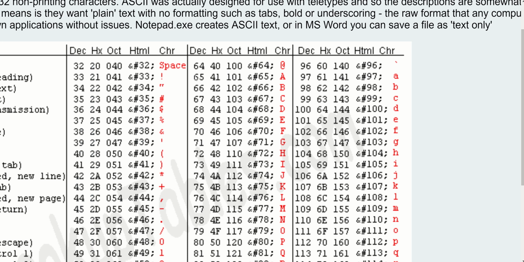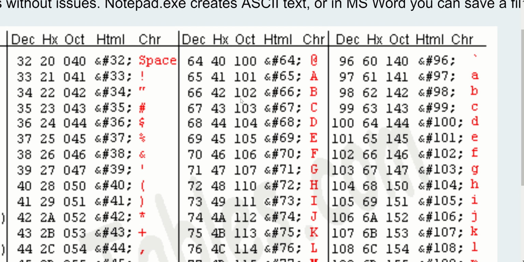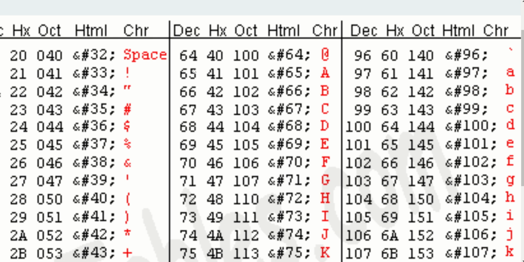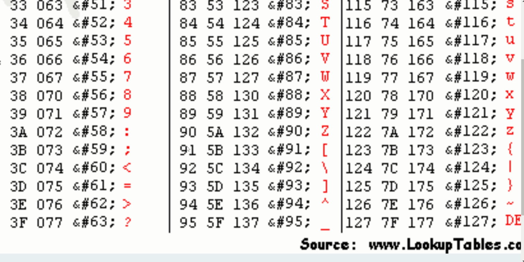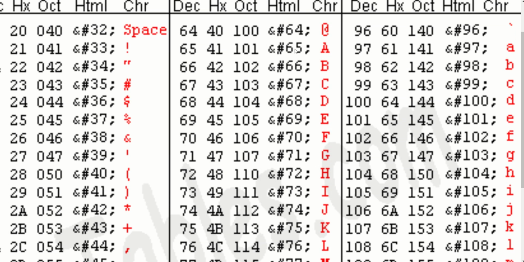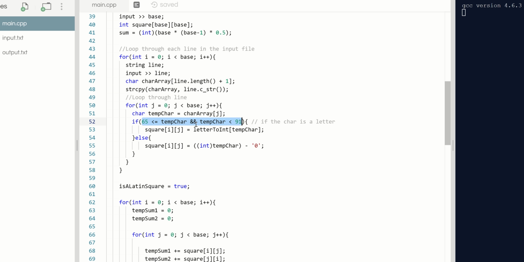And if you look back, the reason for that is because 65, that's the letter A, the decimal version of 65. And if we go to 91, that's where you see that it's not a letter anymore. So you have to be less than 91 and greater than or equal to 65 in order to be an actual letter. So if you're a character and you want to be an actual letter, you have to be within that range. And so if it is a letter character, so if it is some A, B, or C, or just any letter in the alphabet, I'm going to go ahead and